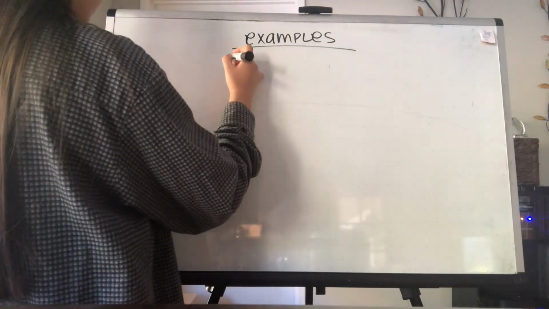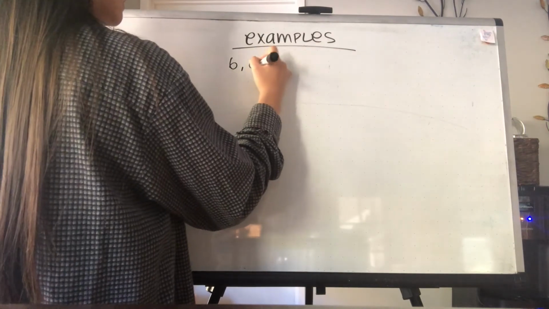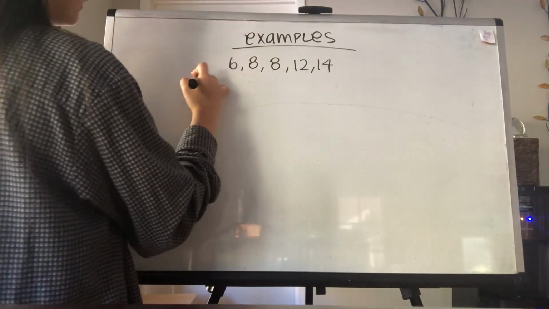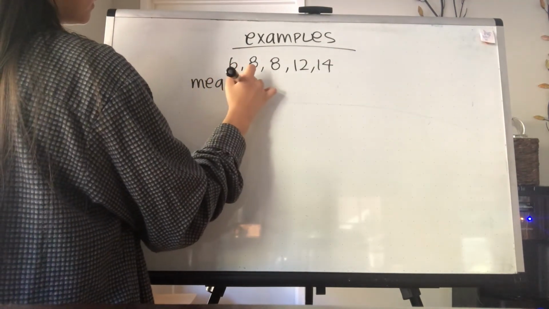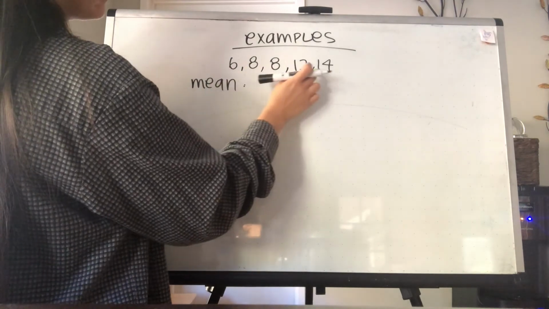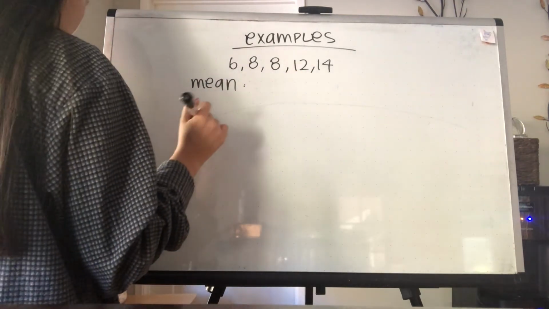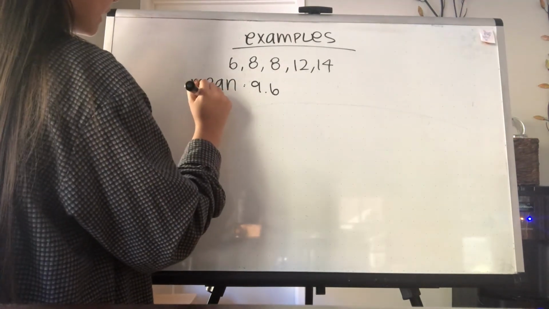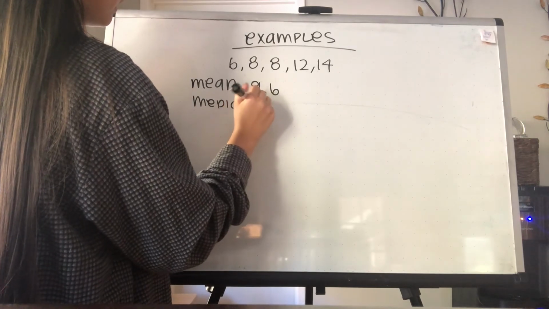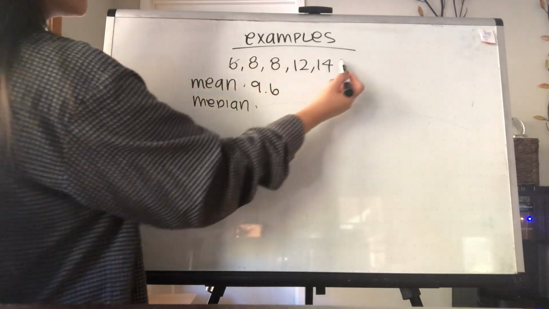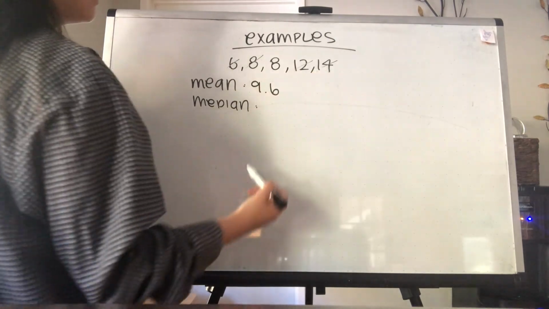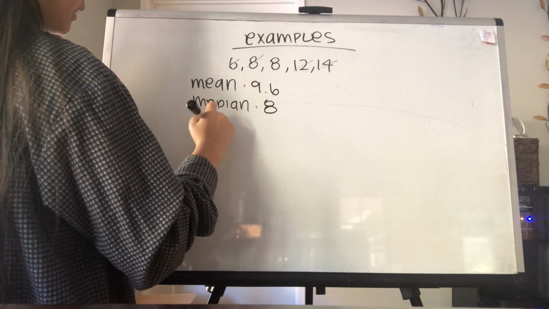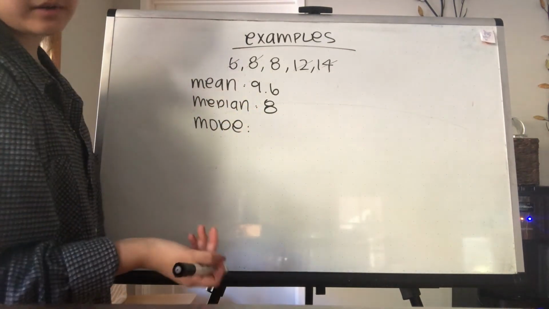Okay, my last example, we're going to have 6, 8, 12, and 14. So we're going to find the mean first. We're going to add all 5 of these numbers up and then divide it by 5. When you do that, you get 9.6. And now we're going to find the median. So we cross off the numbers at the end in pairs, and then we're going to get 8 as the middle number. And then for the mode, we're finding the number that occurs the most, so that's going to be